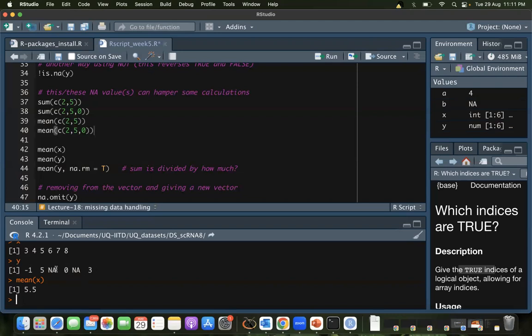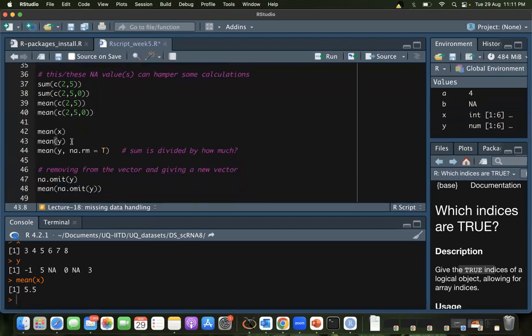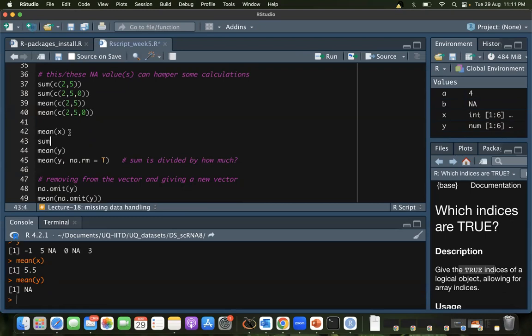But NA in that sense would mean maybe a person is absent. So many people were registered for the exam, but 2 of them did not appear. So when you're finding averages, you would like to ignore those values. You would like to omit. Omit is one of the best terms to use for it. If I don't explicitly mention that you should omit it, by default the mean function does not take that into account. What it does is, it says that it's NA.